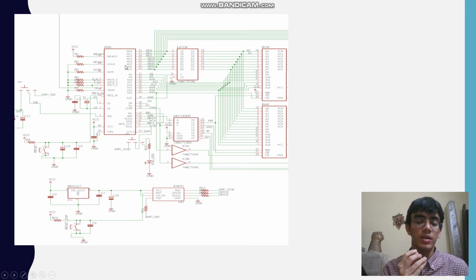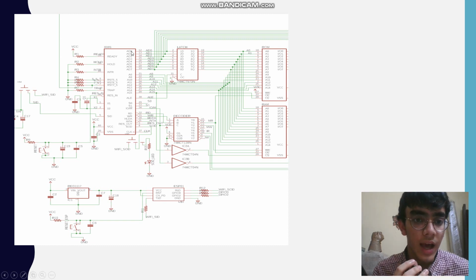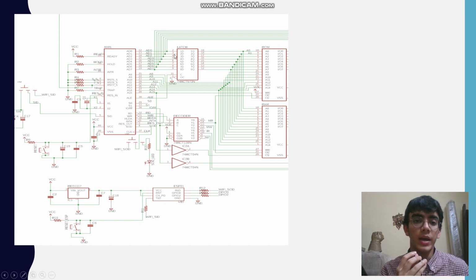This is the device around which everything else is centered. So starting with this, we have AD0 to AD7 lines which are demultiplexed using a octal D latch. After this, we have the A15 address line and the two NOT gates acting as the chip select for the memory elements, that is the 32K ROM. This is the chip select for this one, and the chip select for 32K RAM.